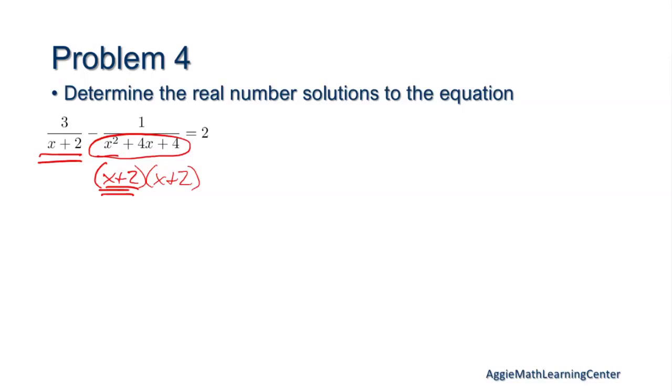Okay, so let's do this. x plus 2 times x plus 2 divided by x plus 2 times 3 gives us what? 3x plus 6. Minus 1, equals